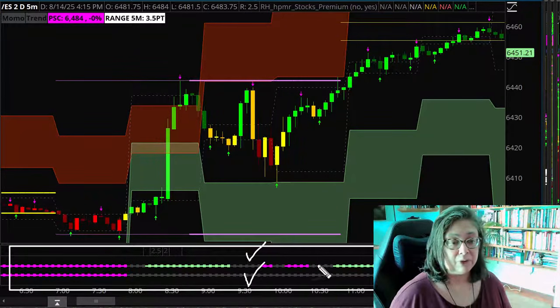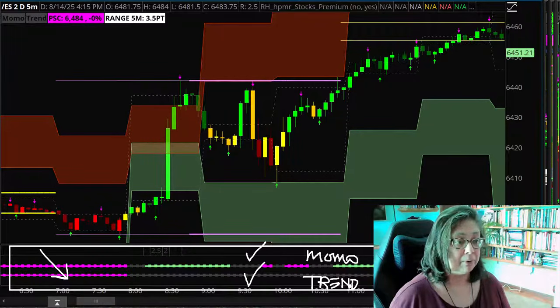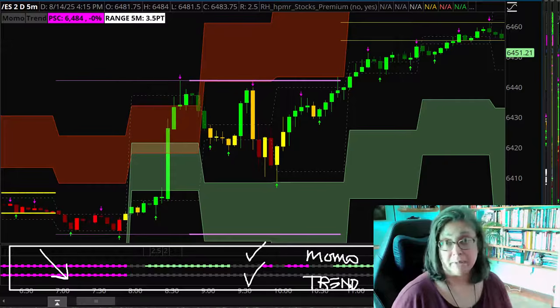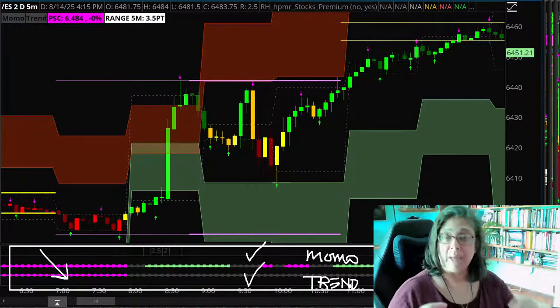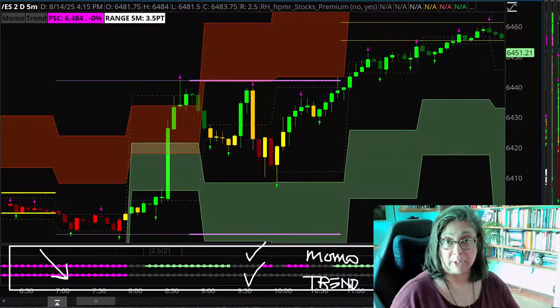So when I look at these 2 rows here, the top one is momentum. The bottom row is trend. The best type of follow through is going to come when both of them are indicating bearishness or both of them are indicating bullishness. That's the best environment. The next best environment is if we're neutral. And then we're going to decide which way could price go after reaching support or resistance,